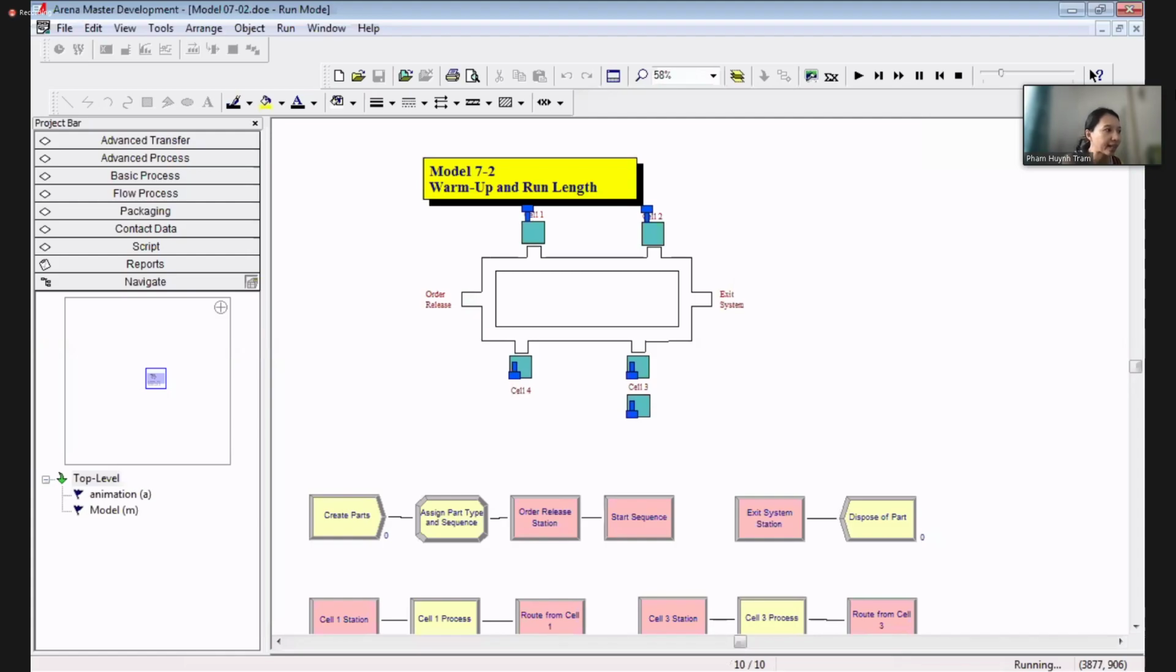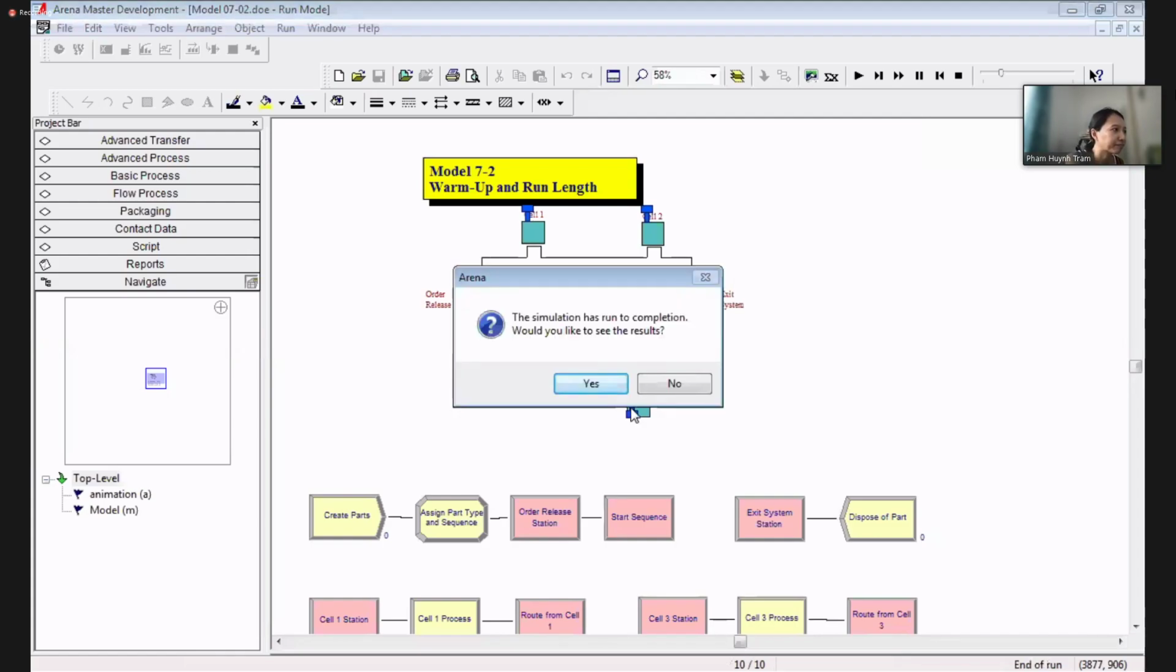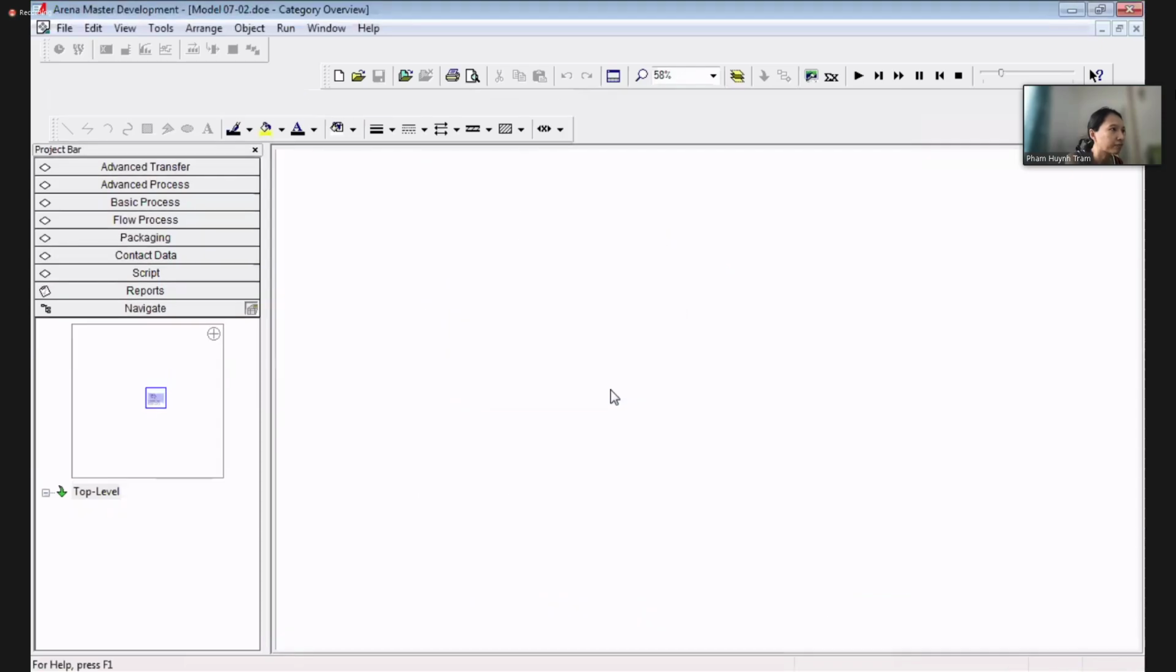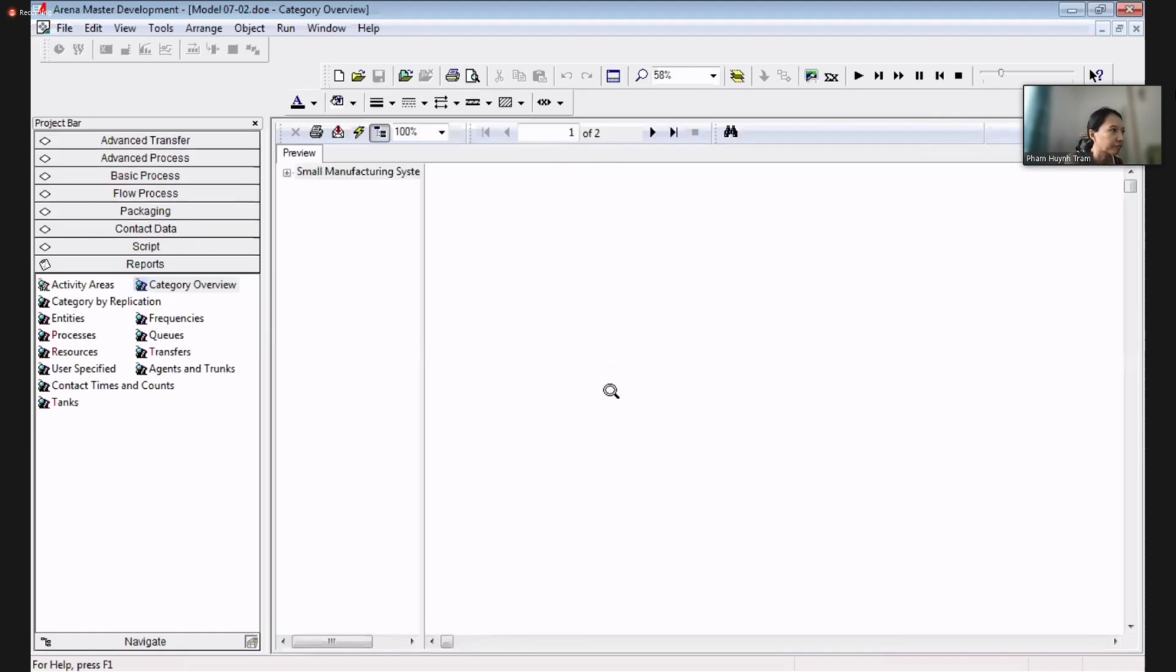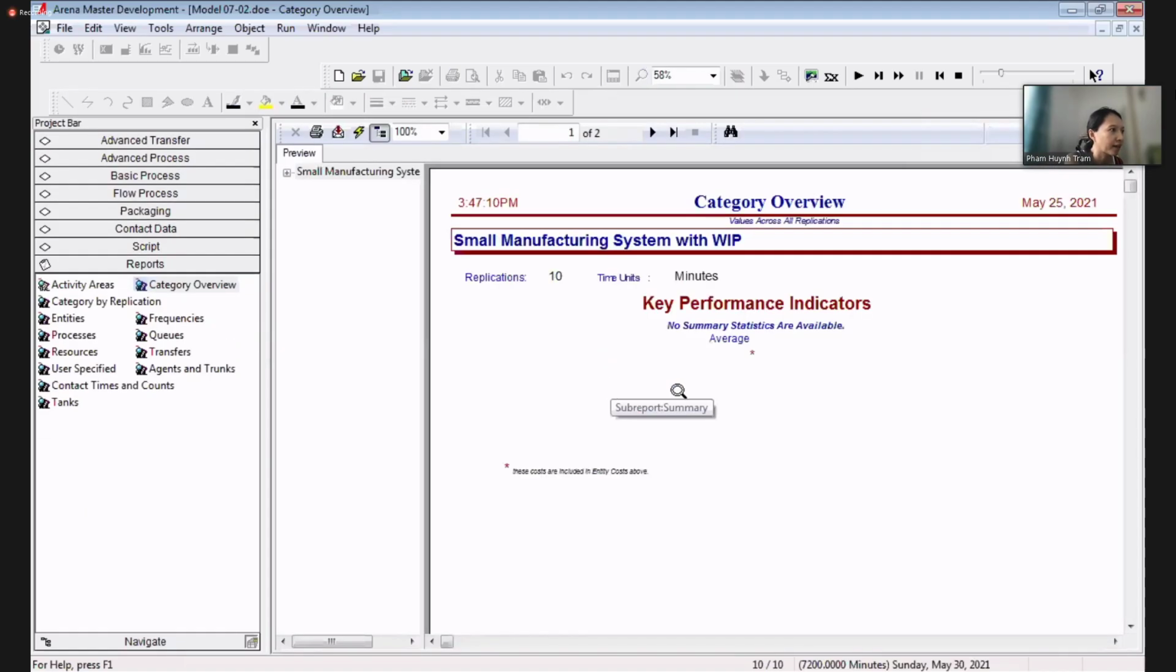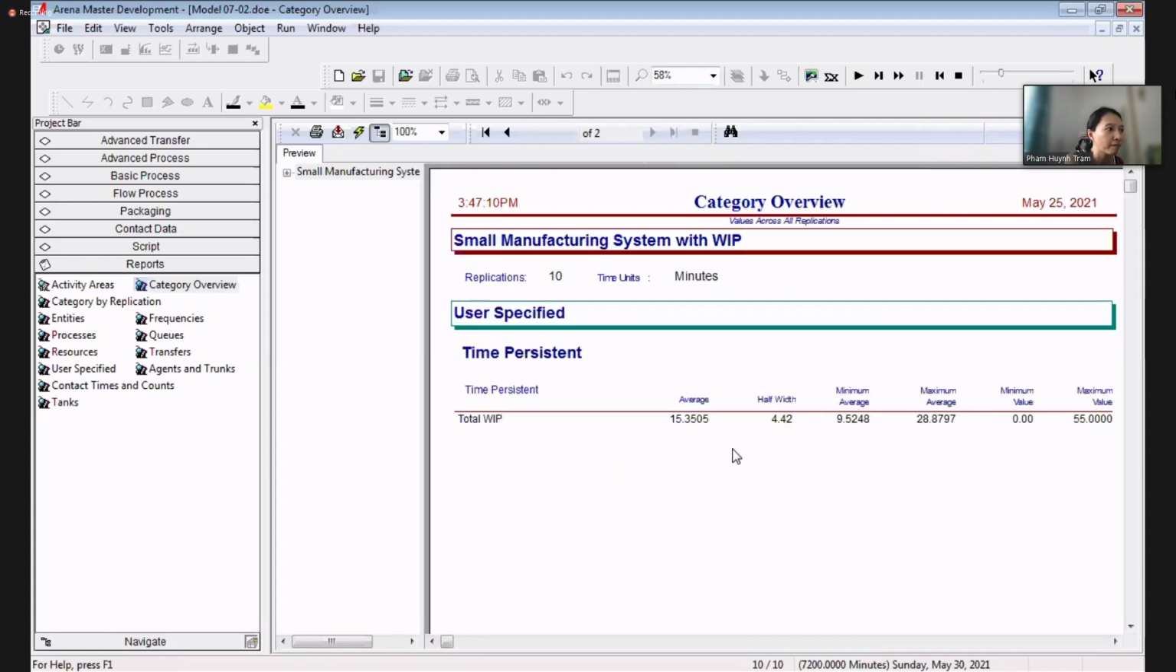Five days and 10 duplications. All right, yes, we can see the result. Okay, so if we look at the category overview, we can see the summarized result for 10 duplications. Let's look at our total width. The total width for 10 duplications, each duplication 5 days, is 15